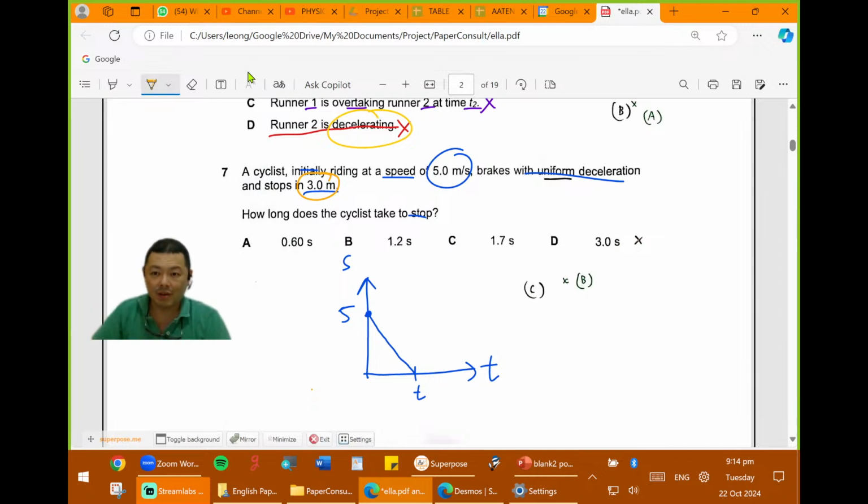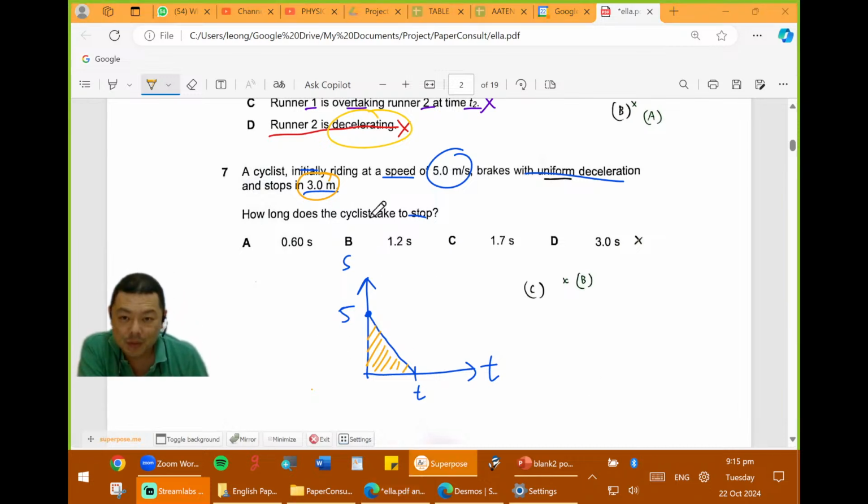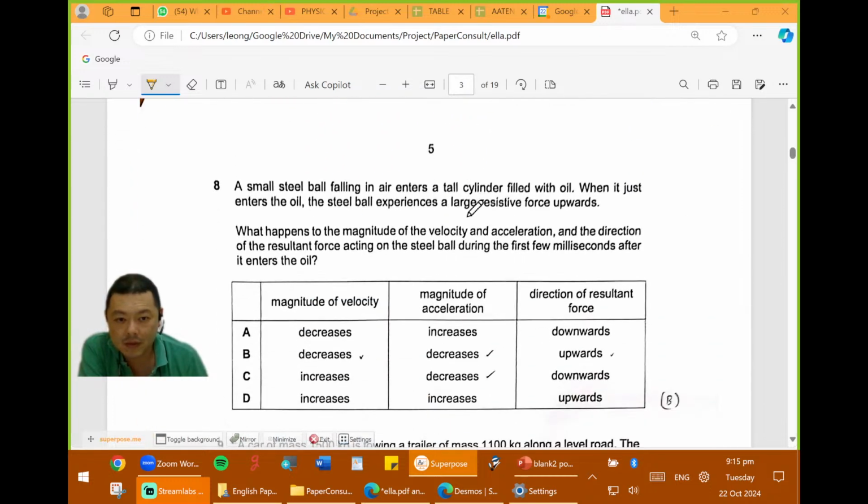But with drawing the graph, does it make it a lot clearer now? Yeah, it's the area under the graph. So always remember, you see? That's the thing I was always trying to harp on at the start, because I said kinematics, kinematics, kinematics. Always draw graph, always draw graph, always draw graph. Anyway, number 7. Next one.